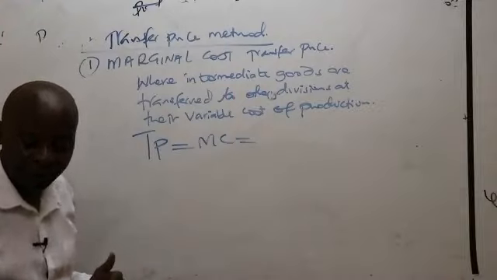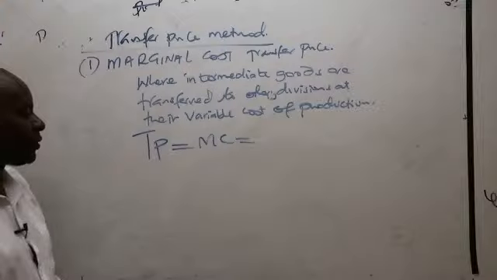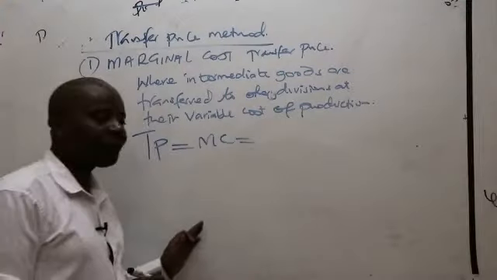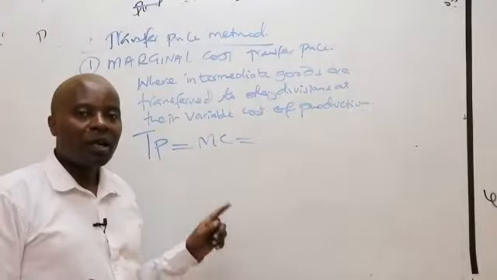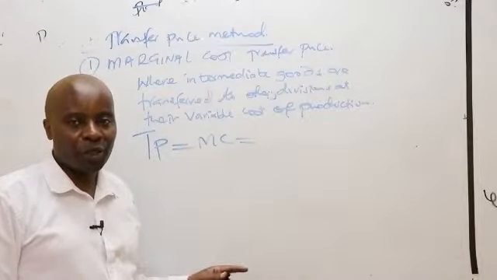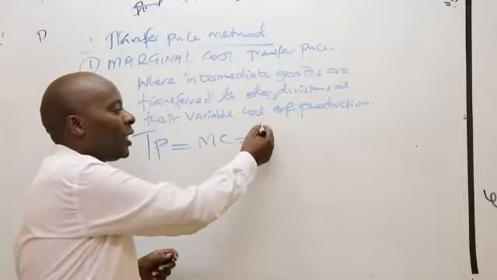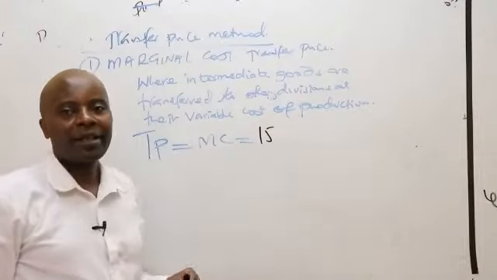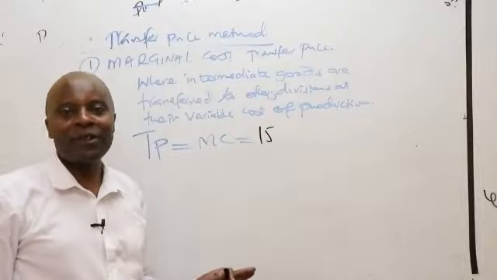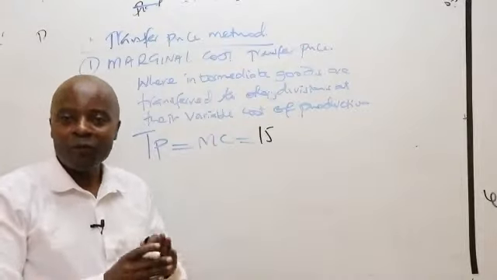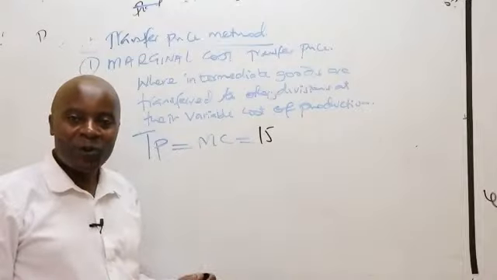If X was to charge a price equivalent to its marginal cost of production, what do you think will be the transfer price? Somebody talk to us. So what we need to ask ourselves is, what is the variable cost of producing a unit at X? Are you able to see the variable cost there is 15? Transfer price of 15, thank you very much. So we shall transfer these goods at 15.